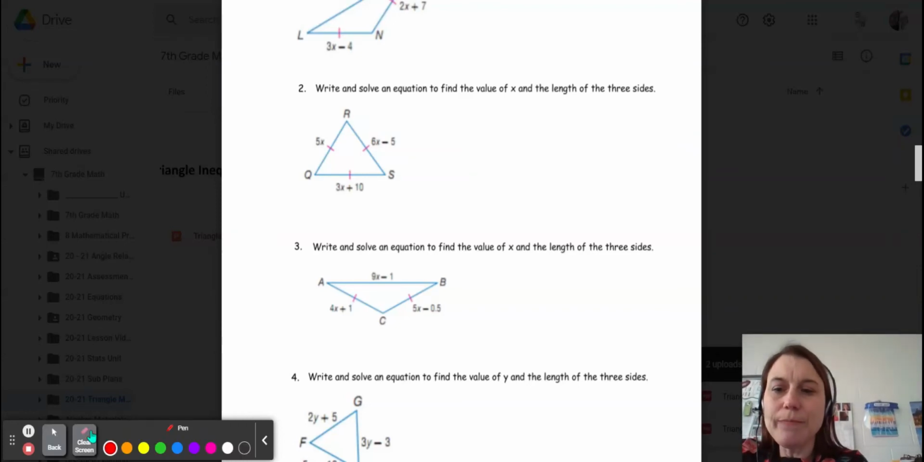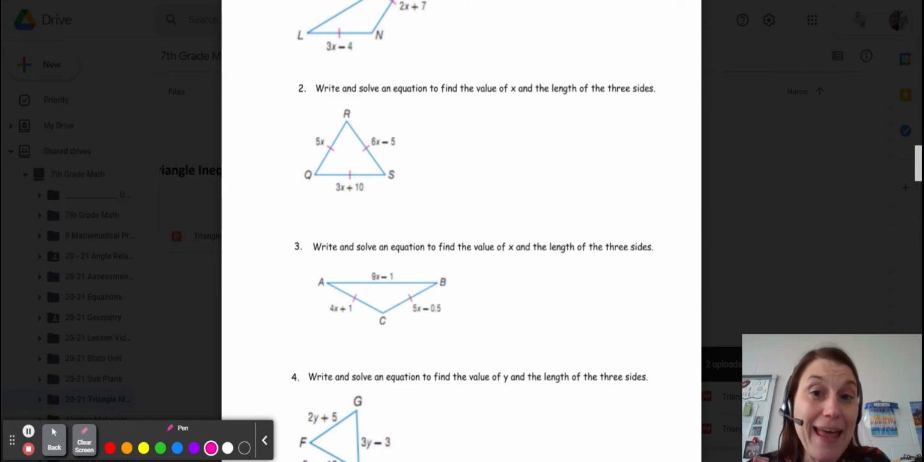Hi, let's look at number 2. So number 2, you can see that there are tick marks going all around the shape. And it's just one tick mark each. So that means that all 3 of those sides are the same length. Their lengths are equal in measure. So unlike the other one, where I just had 2 sides that are the same, all 3 of them are